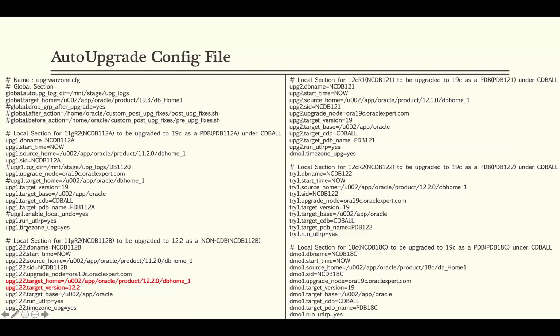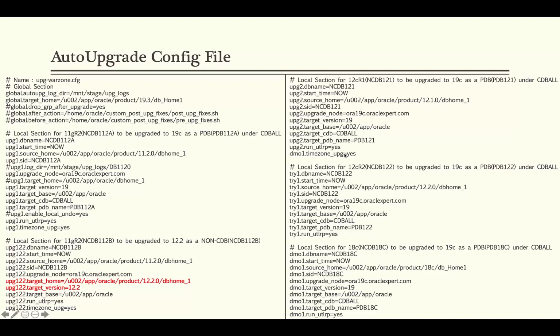Moreover, somebody might have figured out that I didn't mention the time zone upgrade for each of those databases. It simply means that if you do not mention a value for timezone_upg, the default is yes. I was running out of space on this side. So in some cases I mentioned it, yes, upgrade the time zone, but you do not see it mentioned here.